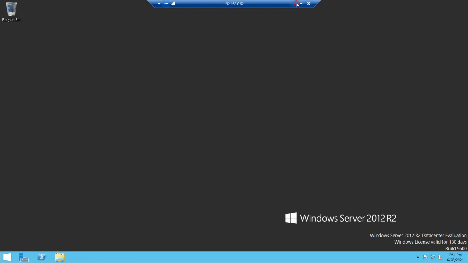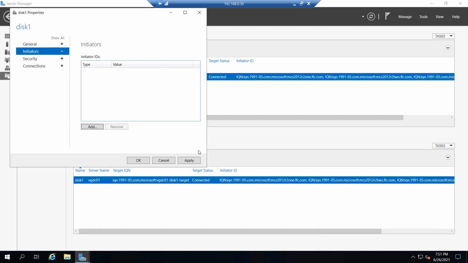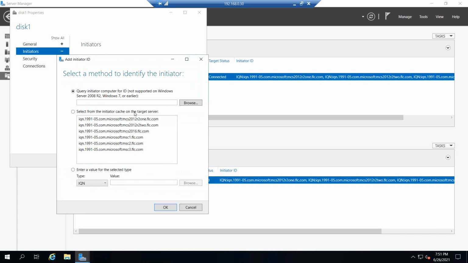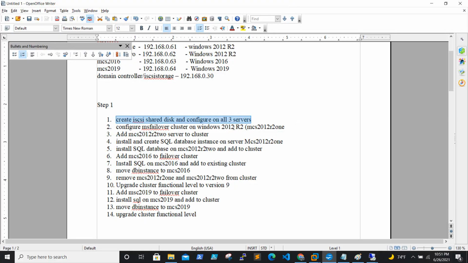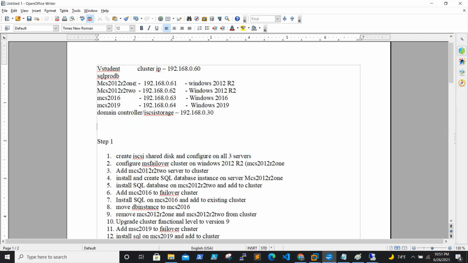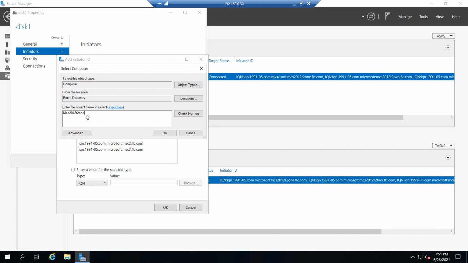If you go here, you need to give the server names. I already did it, which is the reason they already pop up, but I'm just showing the process. Just put the server name here.